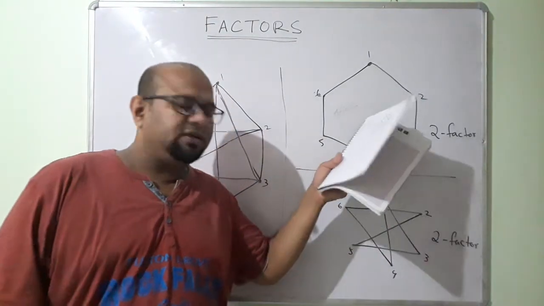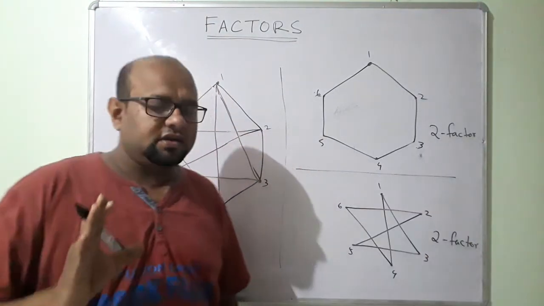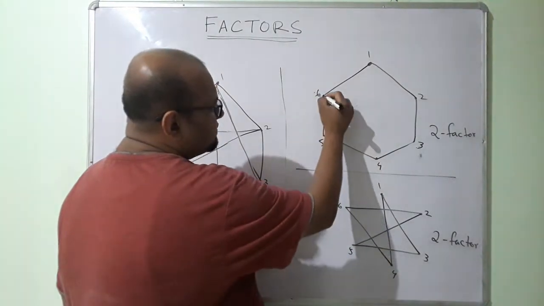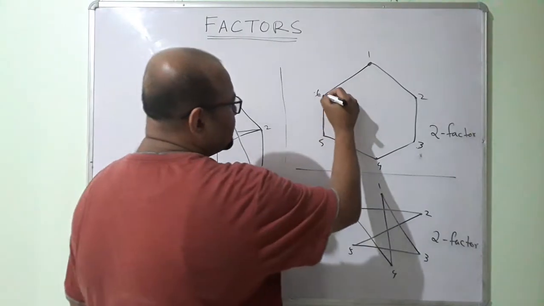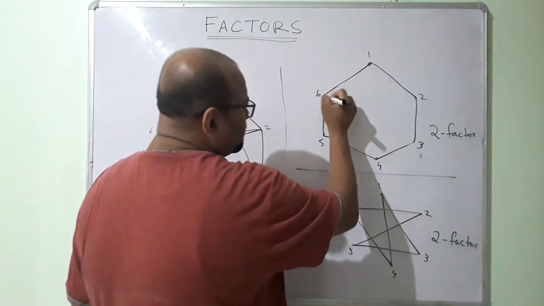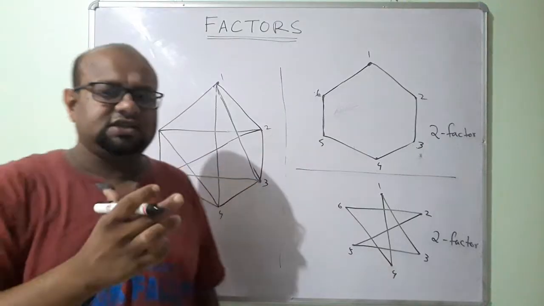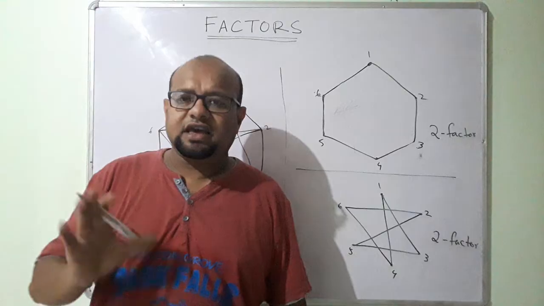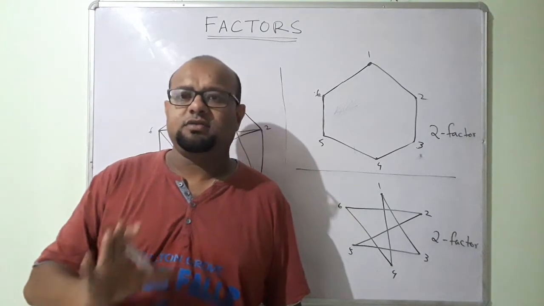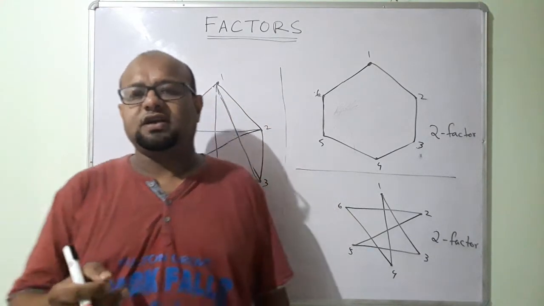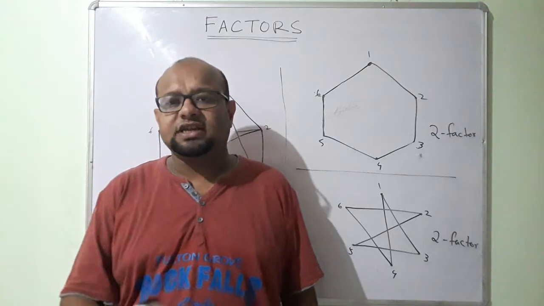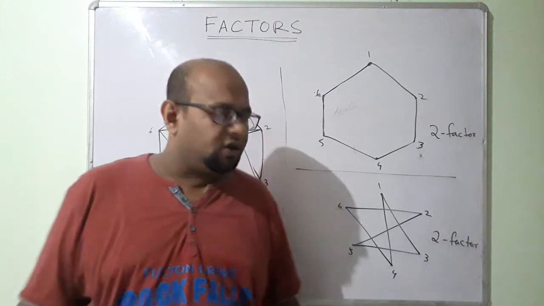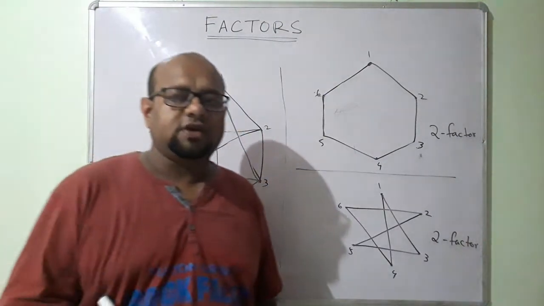Now, is this a matching? Think about it. Is this 2 factor a matching? This vertex is in both this edge and this edge. This vertex will be common in both these edges, right? So it's not a matching. A 2 factor or 3 factor would not be a matching. Only a 1 factor is a matching. Remember that. When I get a 1 factor out of a graph, it is a perfect matching, not just any ordinary matching. Why perfect? Because all the vertices are there. So a 1 factor would give me a perfect matching.